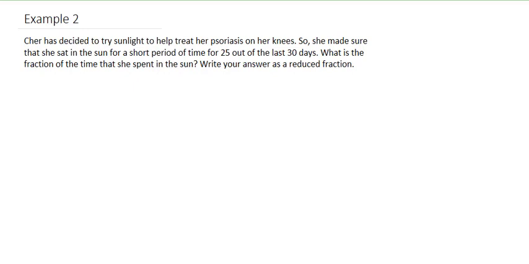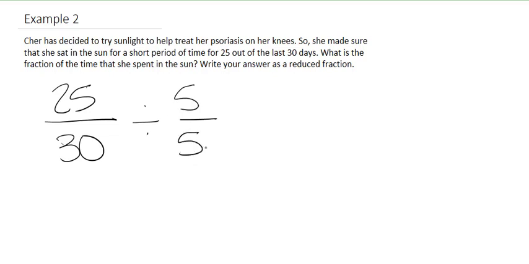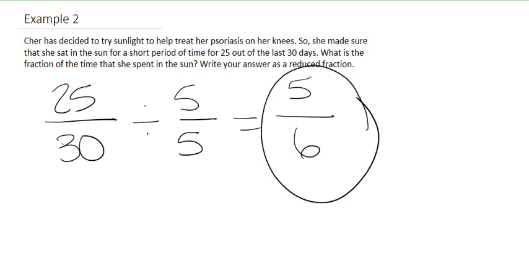So to do this, we would put 25 as the numerator divided by 30. Now, these numbers are not both even. So we know 25 and 30 both end in 0 and 5, which means they can be a multiple of 5. So now we can divide both numbers by 5. So 25 divided by 5 is equal to 5. 30 divided by 5 is 6. So we have 5/6 of the last 30 days that she spent in